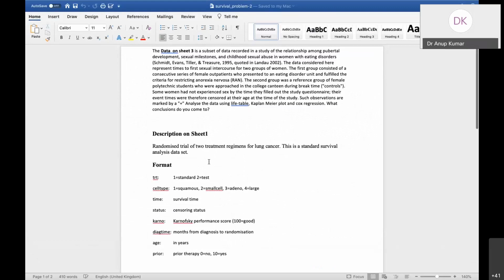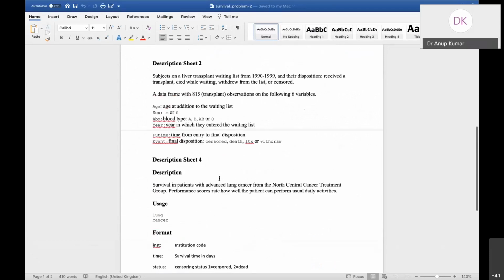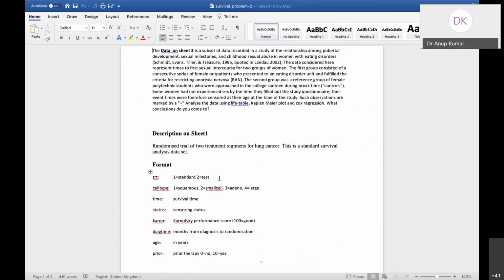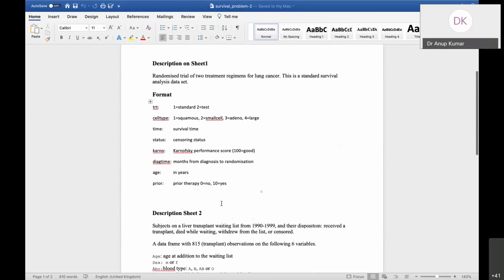The first problem is available on sheet number 3, and this is the description of the data which is on sheet number 1, sheet number 2, and sheet number 4. So totally there are four data sets, and the first data set is available on sheet number 1. First of all, we will discuss this data, and before analyzing it, we'll try to understand what this data is, and then we'll try to use survival analysis on this data.